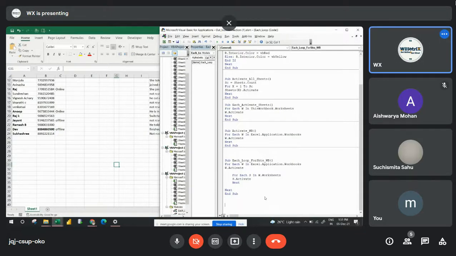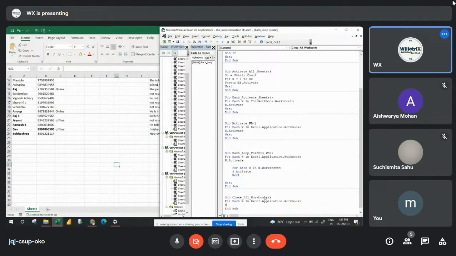Where I'm writing the code, that is called ThisWorkbook. Sub CloseAllWorkbooks. First, For Each W in Excel.Application.Workbooks, then Next. What is this workbook's name? My file name, or MyBook. I'll go with MyBook equals ThisWorkbook.